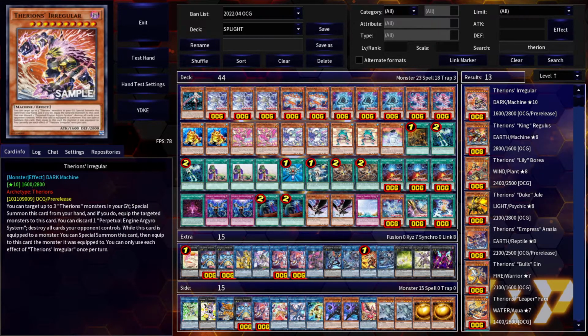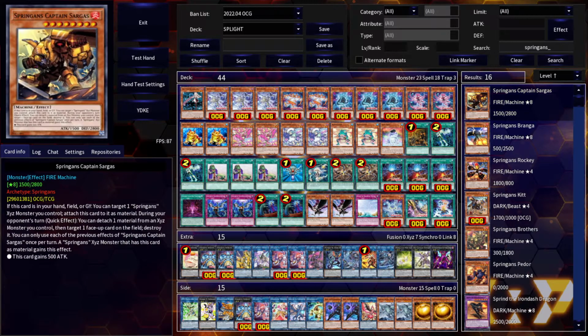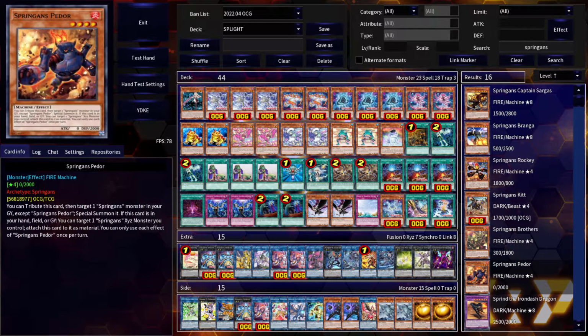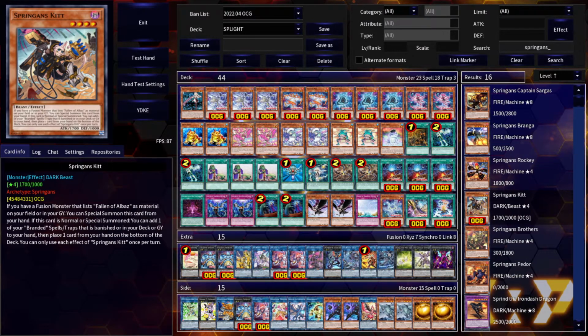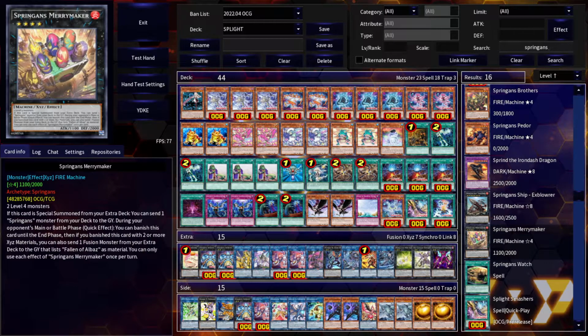Whatever. We're going to check out the Springans as well. The Springans are machines. They're mostly machines. Okay. You can tribute this card when target 1 Springans monster in your graveyard. Special summon it. Okay. Hard once per turn. If this card is in your hand, field, or graveyard, target 1 Springans Xyz monster. What are the Springans Xyz monsters looking like? There's exactly 2 of them. A level 8, a rank 8, or a rank 4. You can send 1 from deck to graveyard, banish this card, and then...